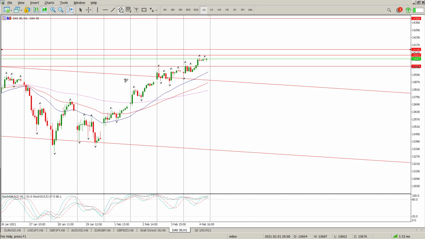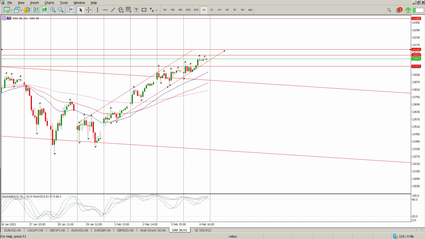We are in a pretty solid channel. Let's just do something like that. So we are in a fairly good channel, and the DAX does love channels. So we are on the bottom of the channel, which is always a concern, because sometimes you would expect a break of the channel and then you would expect a retest of some of these levels within the channel. So that's kind of what the bears will be looking for at the moment.